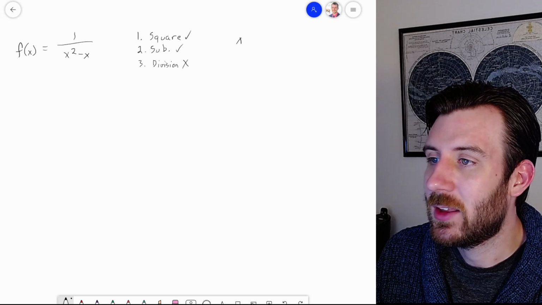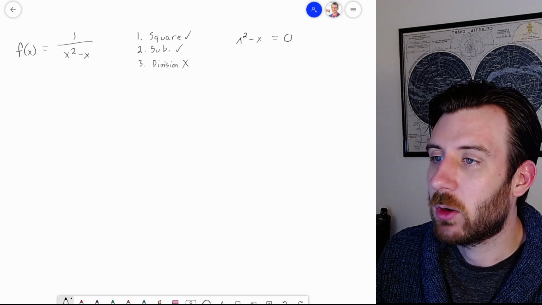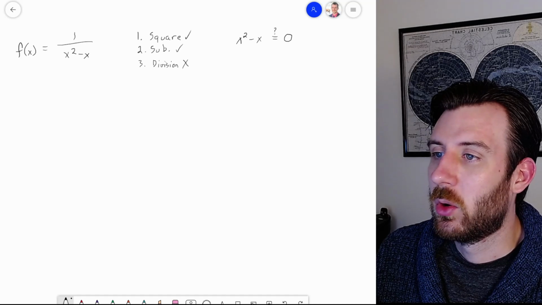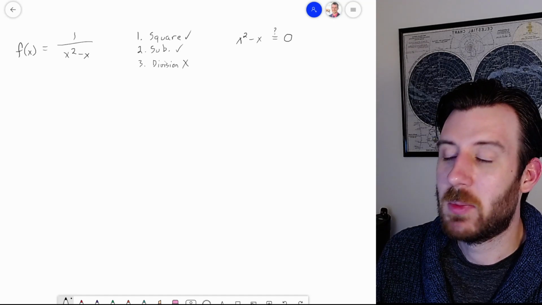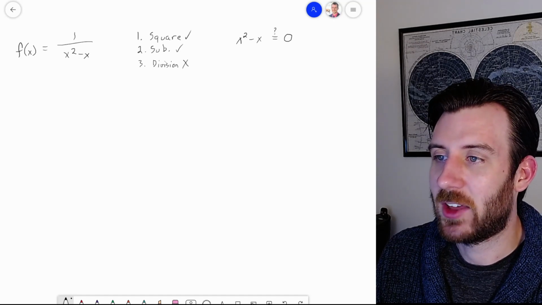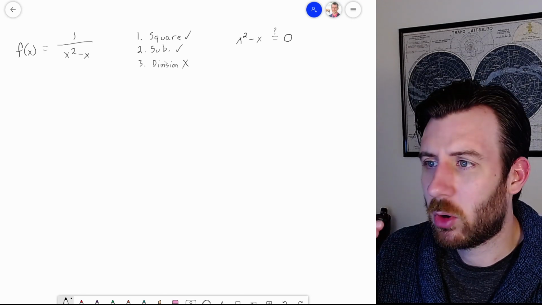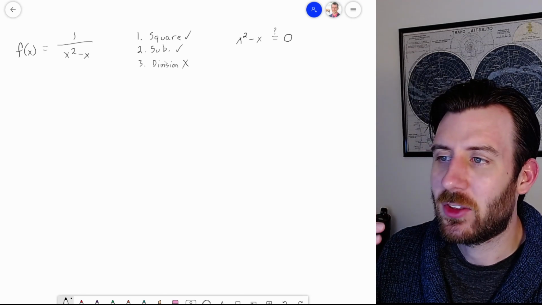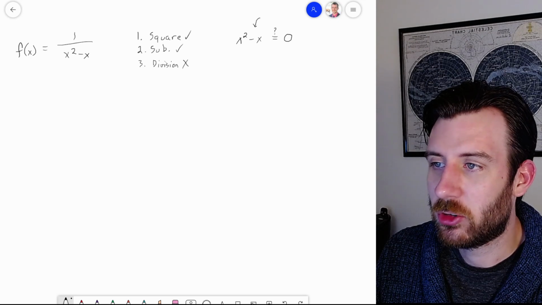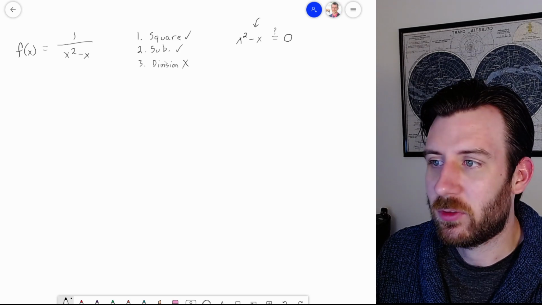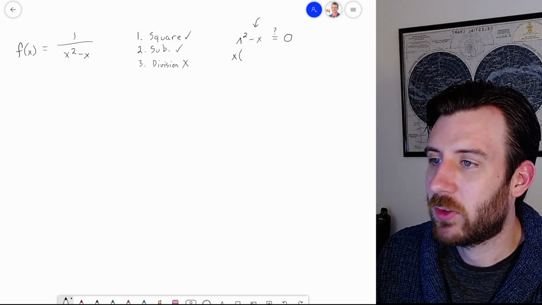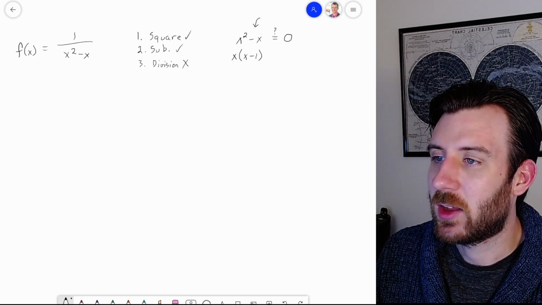When does that happen? When is it that this entire denominator, the thing that we're dividing by, is equal to 0? We're trying to figure out when this happens because we don't want to allow it. Well, this is currently saying I have a square minus a number equals 0, and we can do some guess and check, like maybe 0 pops out as a number that works. But I want something a little bit more robust. Maybe instead of looking at this as a subtraction statement, we could look at it as a multiplication statement. We could factor this, pulling out an x,